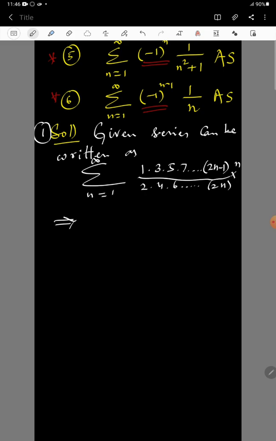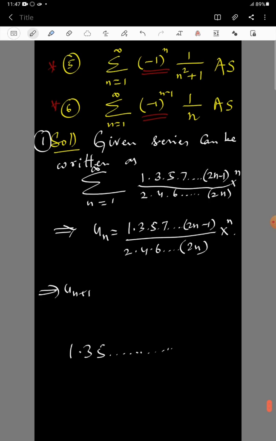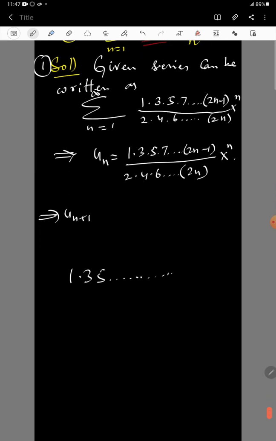implies un is equal to 1, 3, 5, 7 and so on up to 2n minus 1 divided by 2, 4, 6 and so on up to 2n, into x to the power of n, implies un plus 1. Here this 'so on' concept, 1, 3, 5 and so on, makes the factors increase: first one factor, then two factors, then three factors, like that. So ratio test is to be applied. If the number of factors is fixed, then limit comparison test is to be applied. Back to the point,